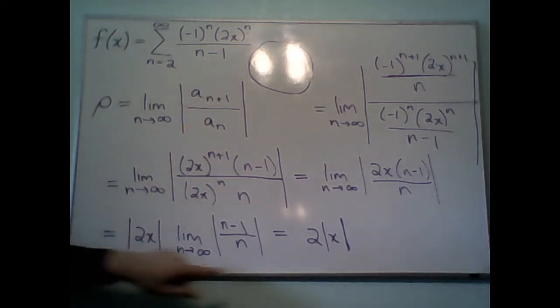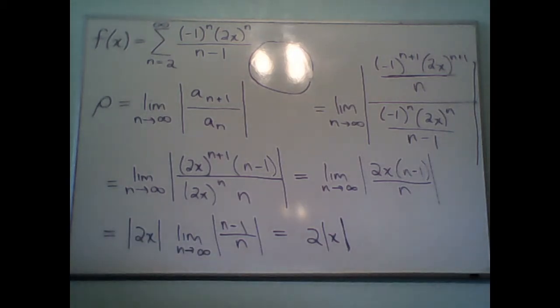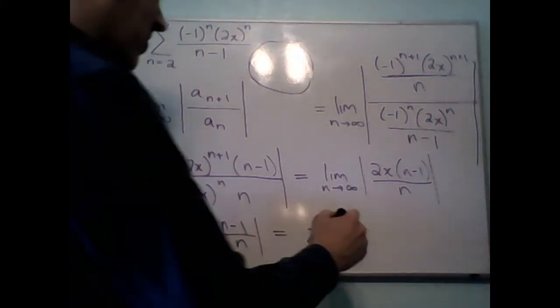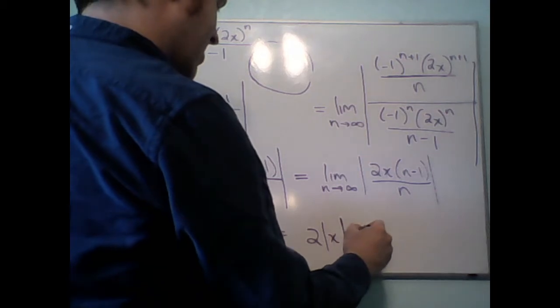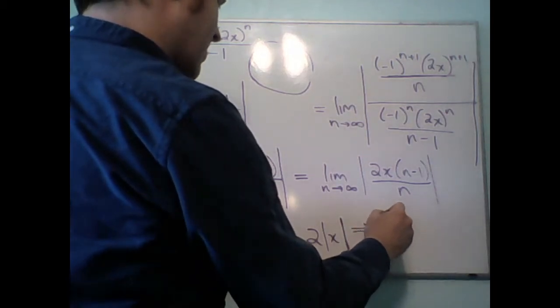If this rho is less than 1, your series converges. If it's greater than 1, your series diverges. And if it's equal to 1, the test is inconclusive. You don't know. So what we've learned is that my series converges absolutely